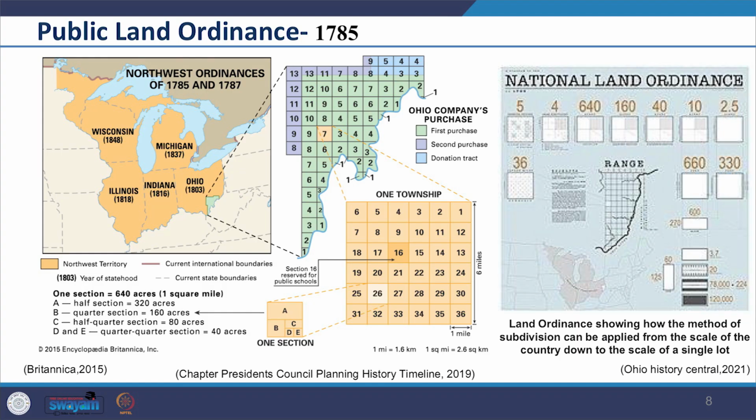1785, the Land Ordinance. This was an ordinance adopted on May 20th, 1785, which laid the foundation of American land policy until the passage of the Homestead Act in 1862. After the Indian title had been purchased, the surrendered lands were to be systematically surveyed prior to sale or settlement into townships 6 miles square. So this was the time when they started documenting the land and started to sell the land for the purpose